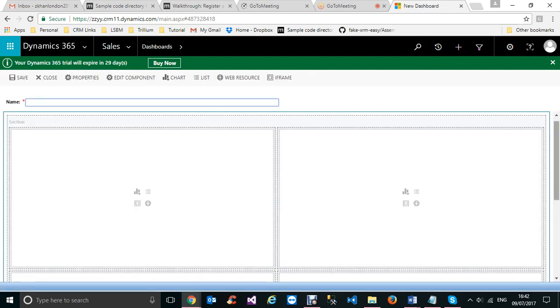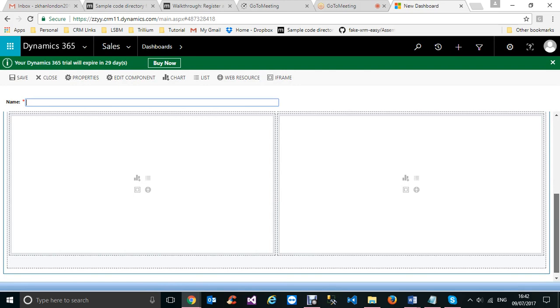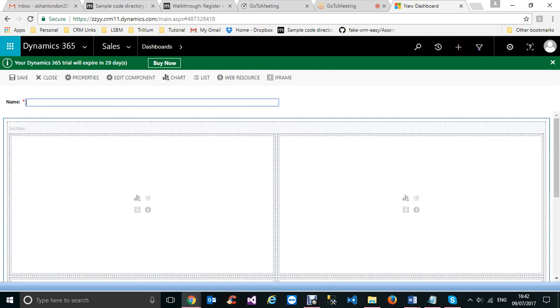Okay, so the dashboard, the background is there. You see here a 2-column regular dashboard. 2-column means 1-column, 2-column, but here there are 4 sections in it, right? So this is the 4th section. So we can say here my new dashboard. Okay, so this is the new dashboard, and now what you can do is in each section,